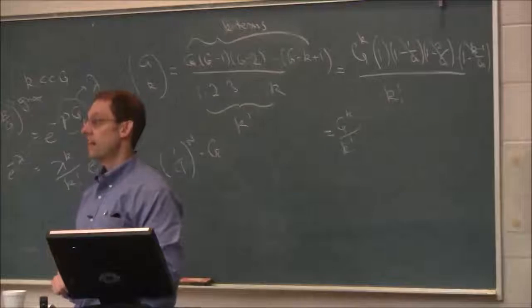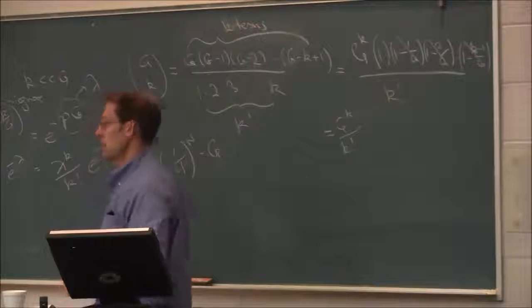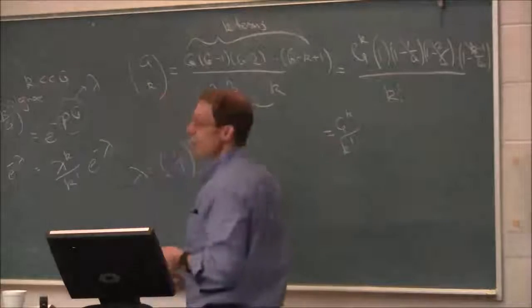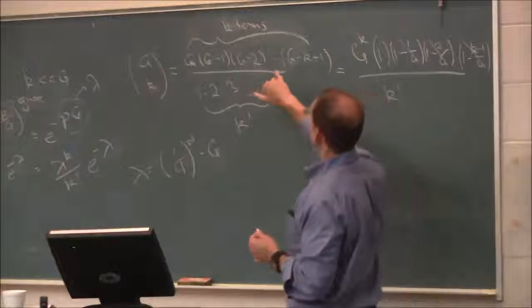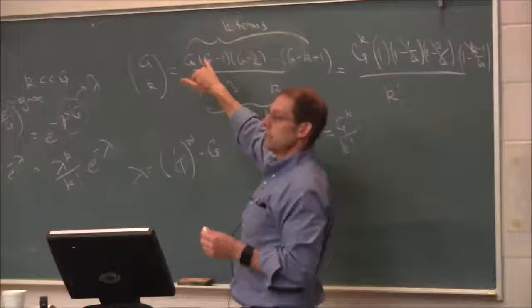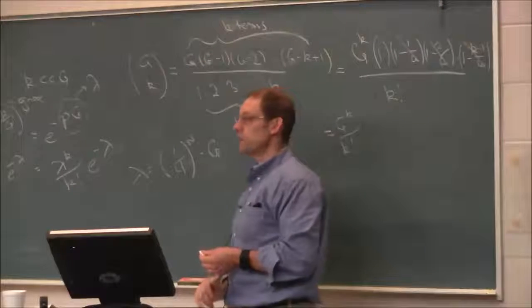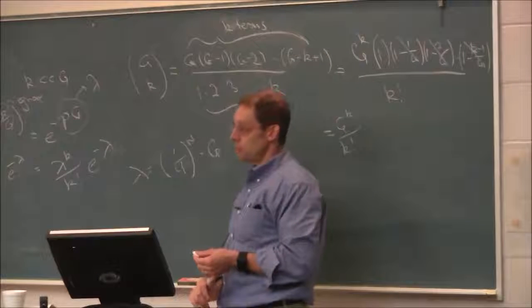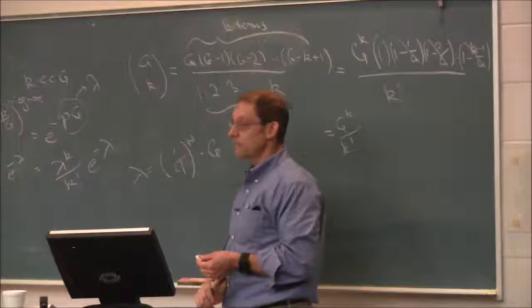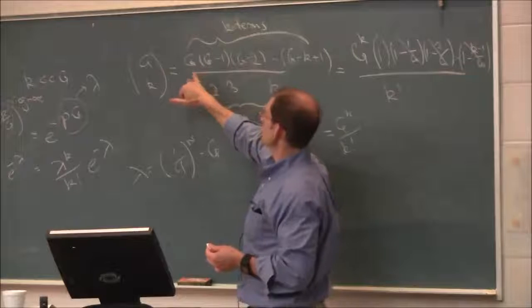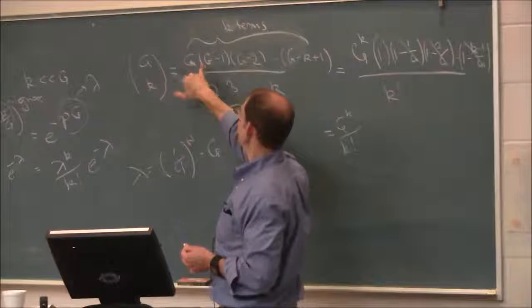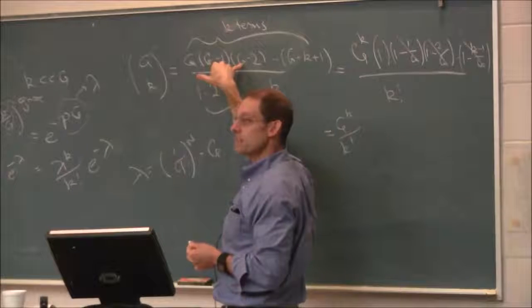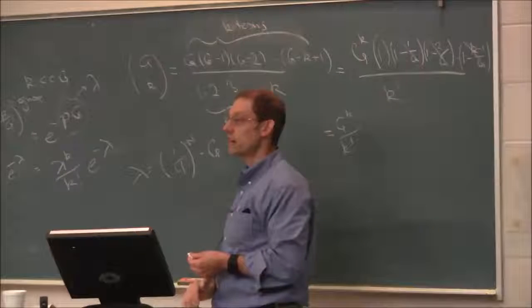Yeah? Do you remember what you did in the upper right corner there? What I did in the upper right corner is I ran out of room. So here's what we're doing. You're comfortable with the numerator for the combinatorial factor? All right. So what we're going to do is we notice there's a big capital G in each of these factors. So g times g minus 1 times g minus 2 times all these others, all right?